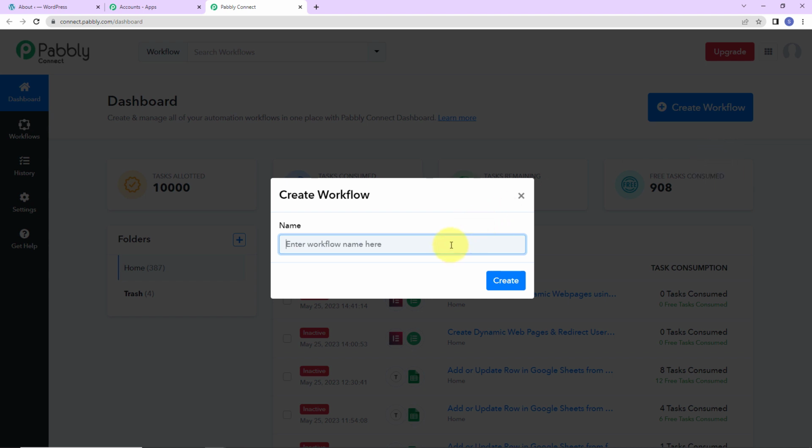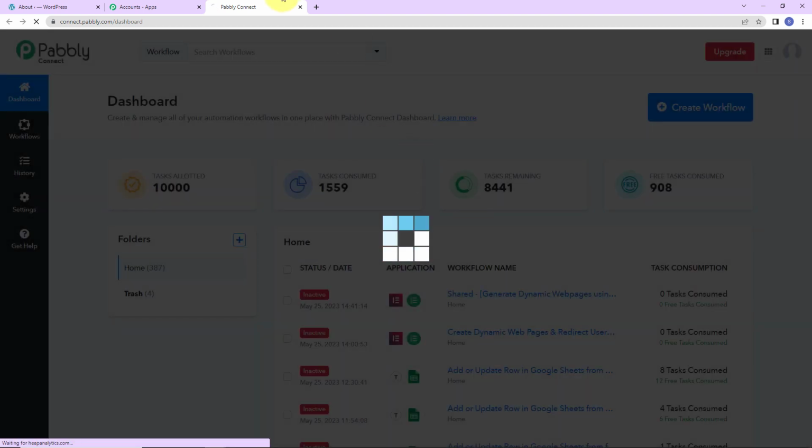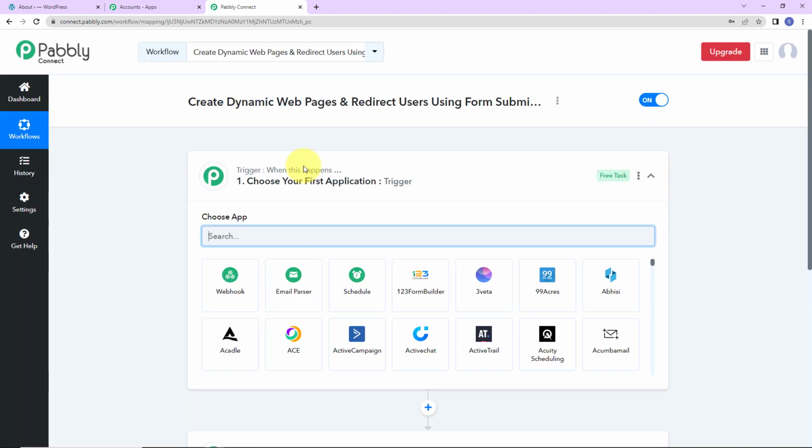Now here my objective is to create dynamic web pages and redirect users using form submission data. Now let's say that there is a live concert for which the user has filled up the form, and the moment I have received the data, now I want to create dynamic web pages and the user should be redirected to those dynamic web pages that I have created. So I'm going to click on Create, and as I do that, here we have reached another window